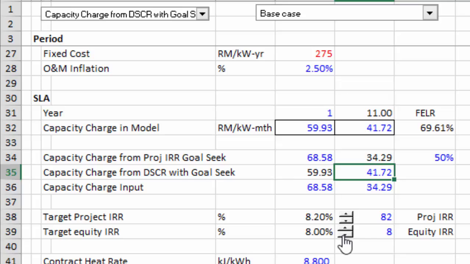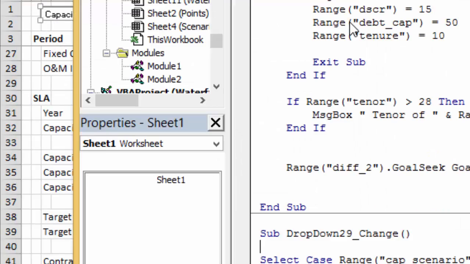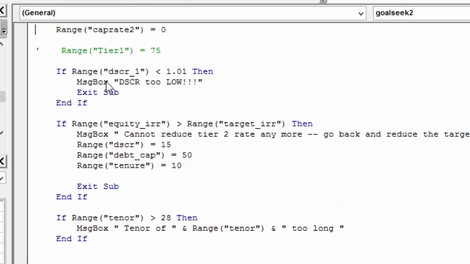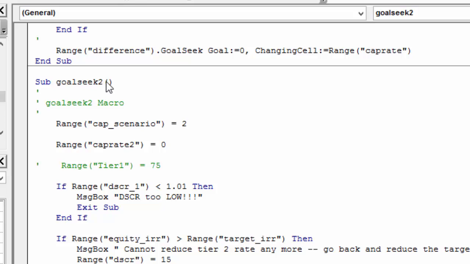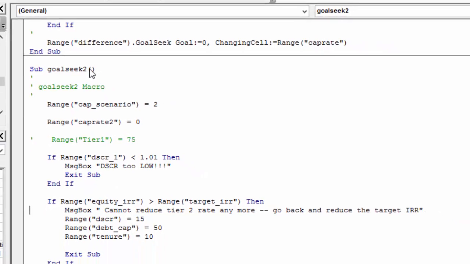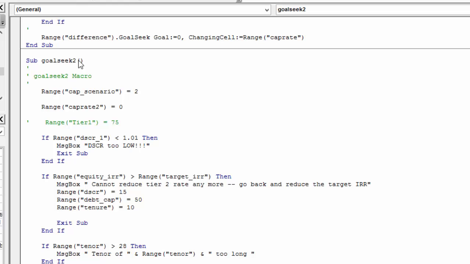Now, when you do the goal seeks, I have a whole series of protections in the goal seek from what just exactly happened. This is why I kind of went so nuts. Before you do your goal seek, put a whole bunch of tests in for what could be happening. And here, if we put a DSCR below 1 in, don't do that. If the equity IRR is less than the target IRR, you